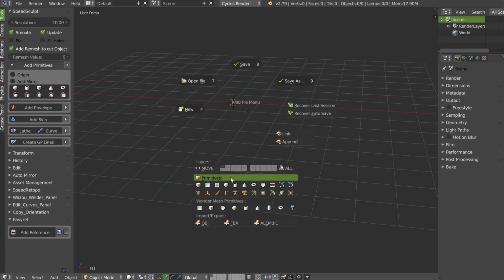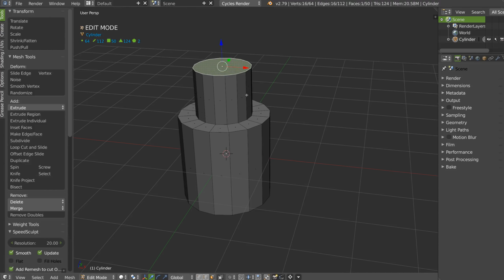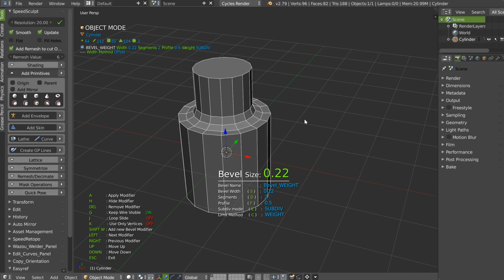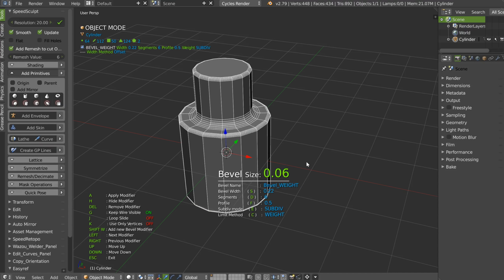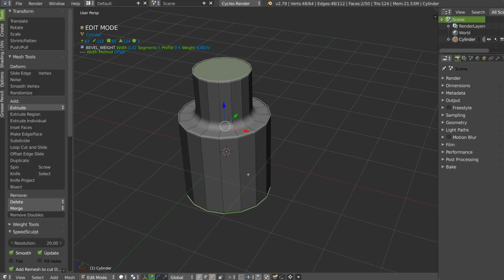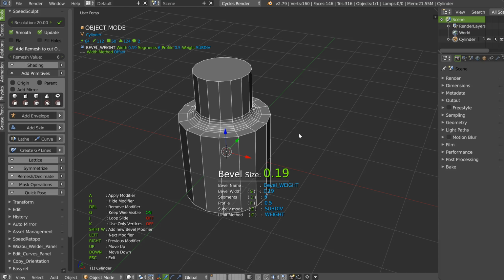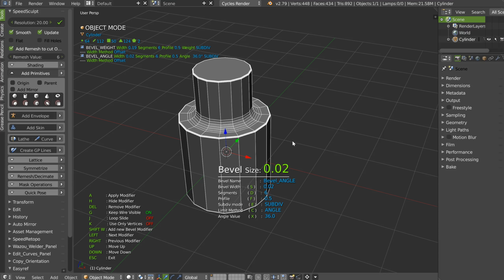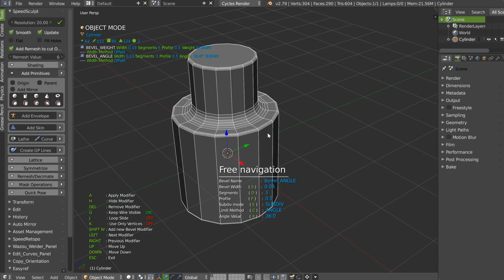Yep. I will add a cylinder. I will select this one, press Inset, press E, and in SpeedFlow I can do this. As you can see, like this, and after select the other and do this. So as you can see, I have 2 different bevels. Or I will just remove everything to show you. I will select this, press Ctrl B, like this, press Shift W, and as you can see, I will have 2 different bevels directly in SpeedFlow, and I can edit each bevel separately,